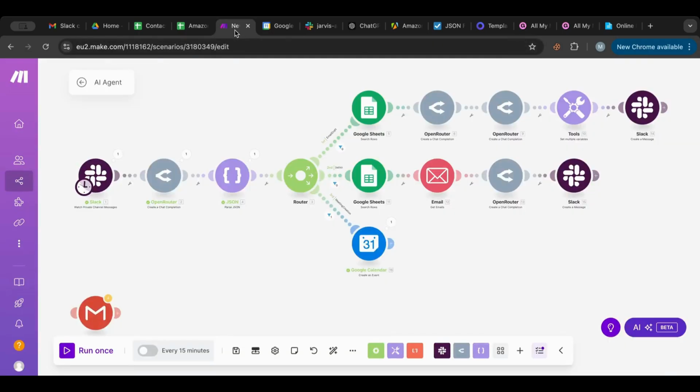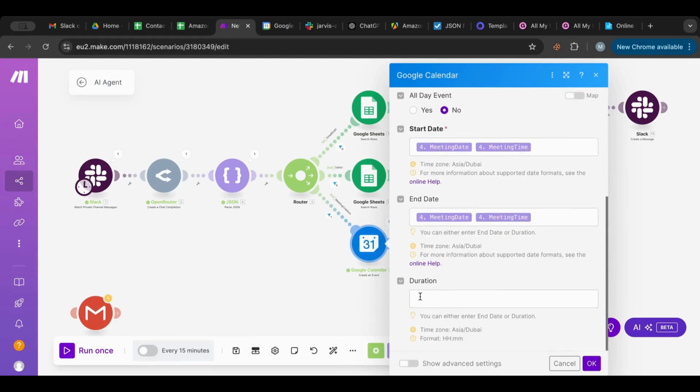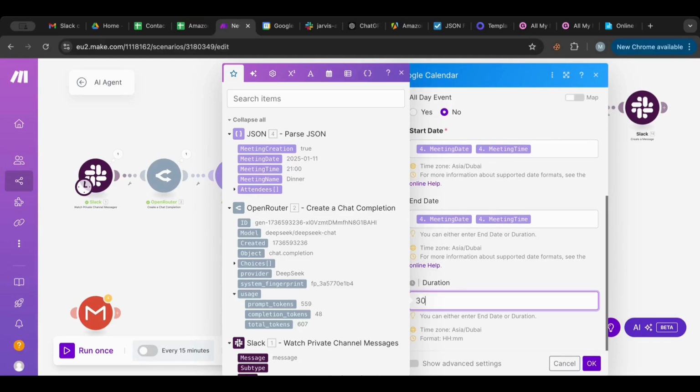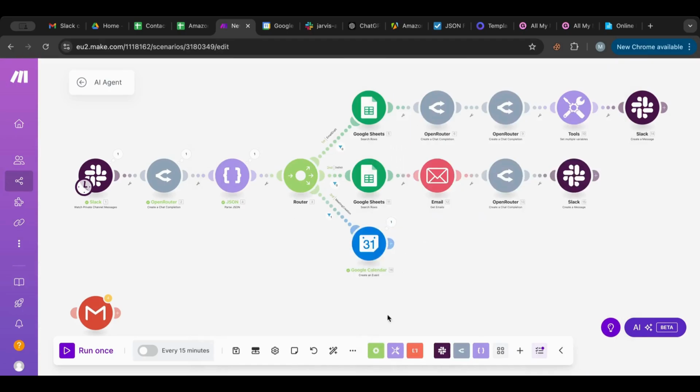Perfect. What we can ask for is the duration of the meeting, right? But what we can do is 30 minutes. Does it work like that? Format is hours. So 00 30. Okay, so I'm gonna save this. So we have this mechanism of creating